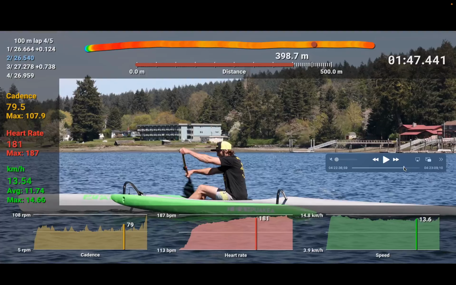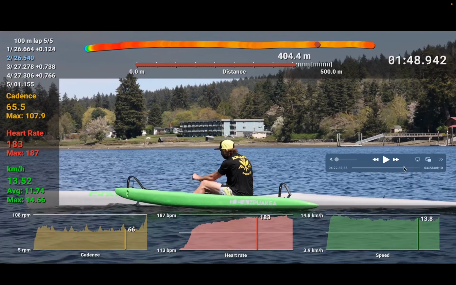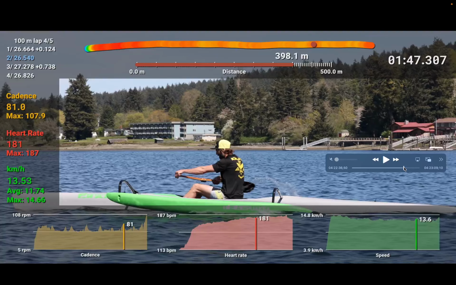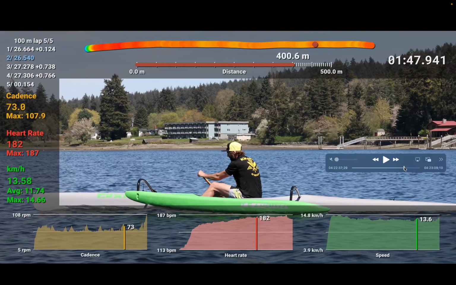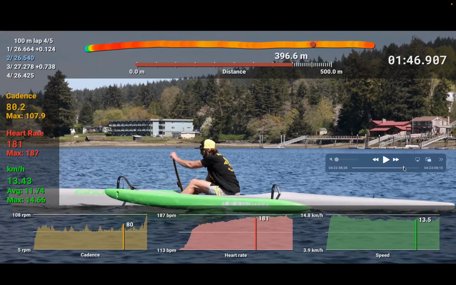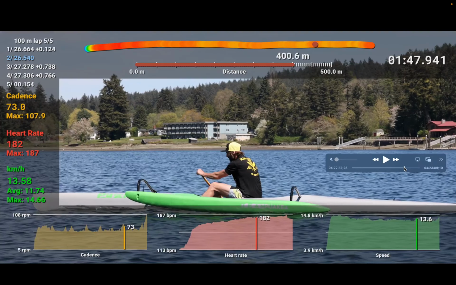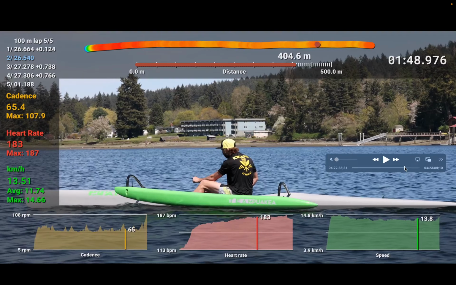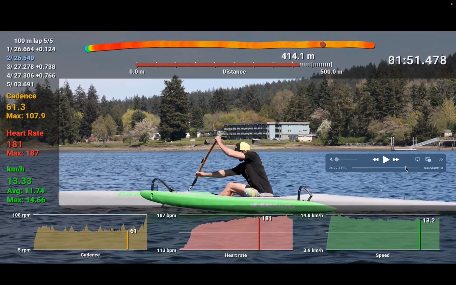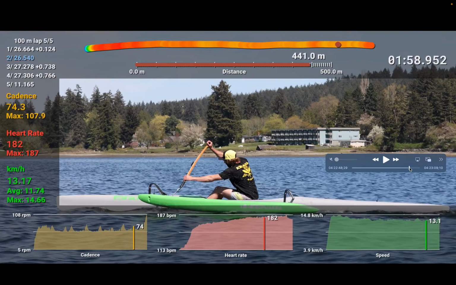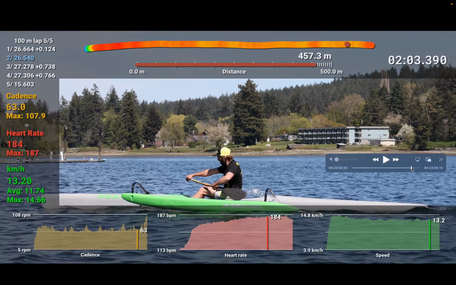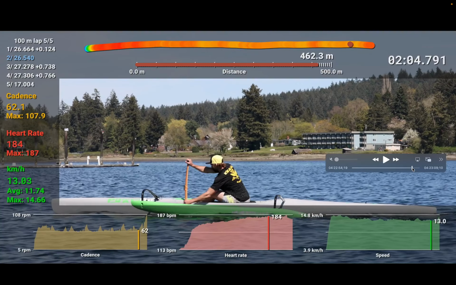Let's see. You have another peak here. You can actually see this one kind of correlates with your speed a little bit. It's actually on your way down that your speed bumps up. So you're putting more power into the strokes as you start to slow down, and you see that your speed increases. And then from here you have kind of an average overall cadence build. A couple of spiky bits, but from here at 462 meters,